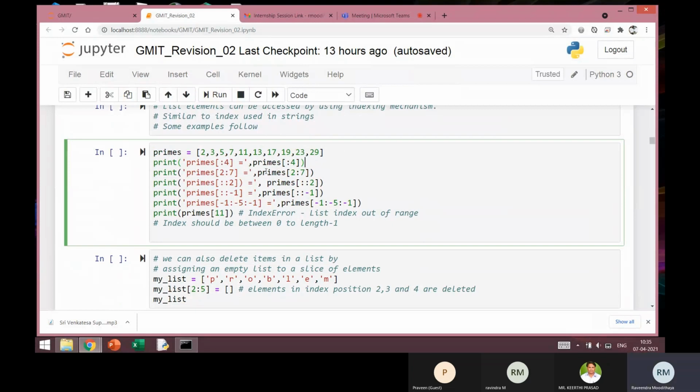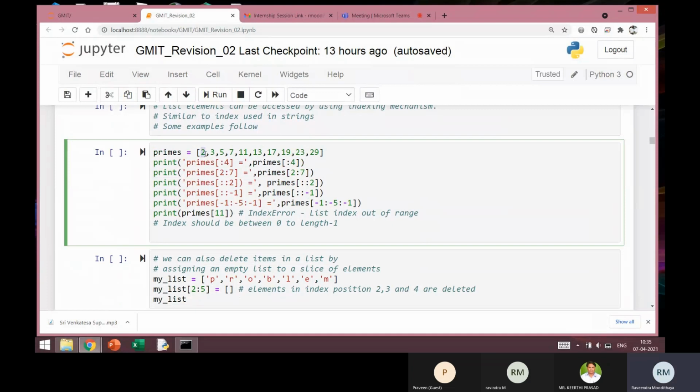First, if I use :4, just try to recall that :4 is the slicing operation. It represents the elements starting from the beginning up to the index 4. But remember, it is not including index 4.